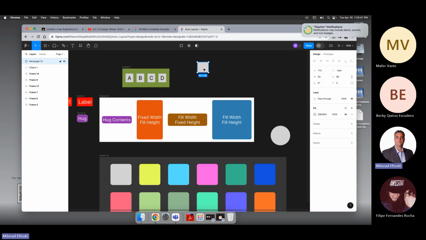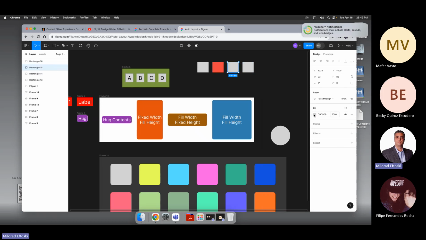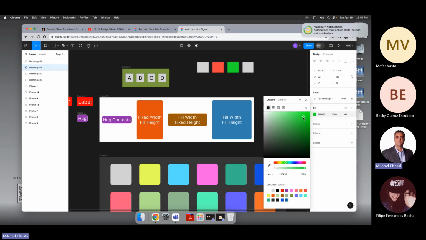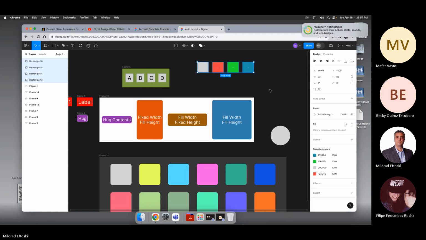And I'm going to go 1, option drag here, 2, 3, 4. I got 4 rectangles. They're going to change different colors. This one's going to be a different color. This one's going to be a different color, right? So if I select these 4 rectangles, instead of putting them in a frame, I'm going to right click